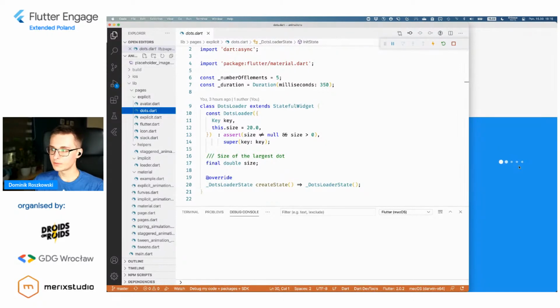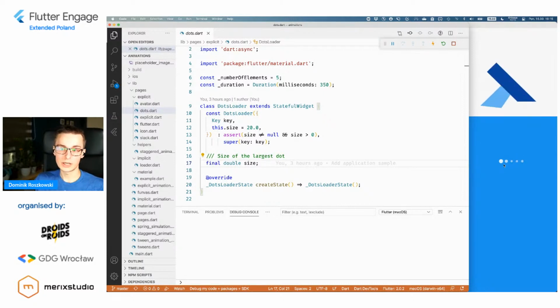Here we have 5 dots, and what is very distinct about them is that I couldn't find an easy way with animation controller to animate this kind of change, that you have bigger and smaller circles going across the screen.